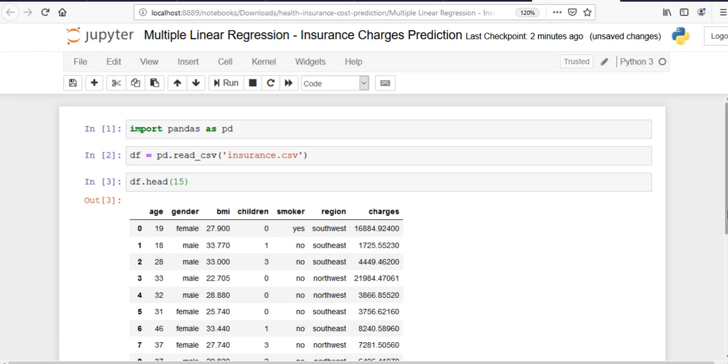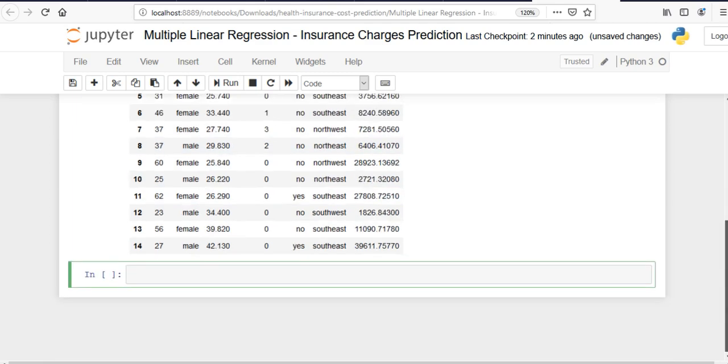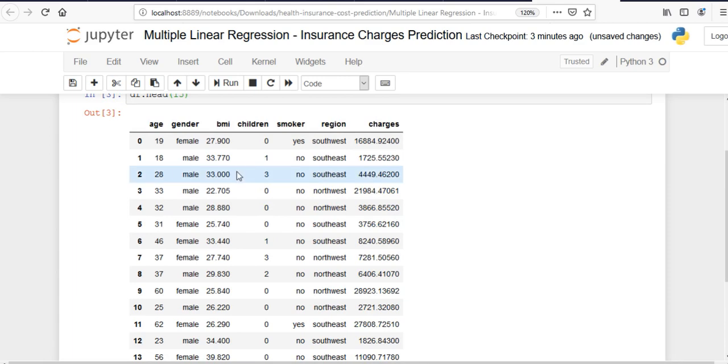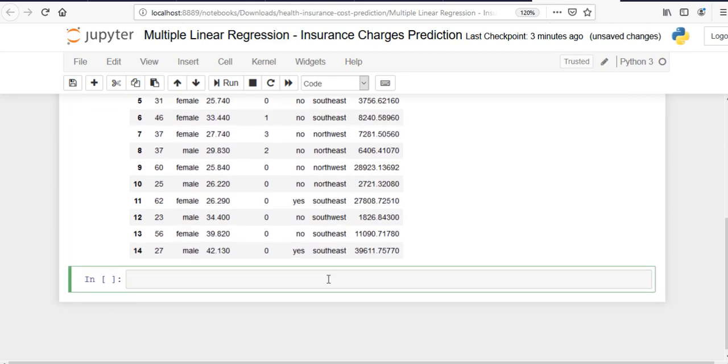Now we can see age, gender, BMI, children, smoker, region, and charges. So there are 7 columns here. But I don't want the columns which are not numerical, so I will just pick the numerical columns for analysis. To do that, we can create a new data frame, dfn, equal to df, the old data frame, and from the old data frame I will pick